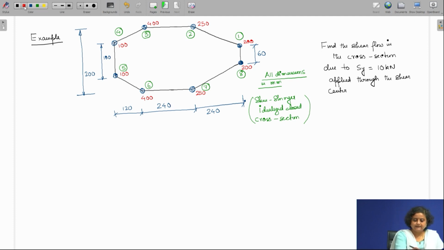So, I can say that somewhere here we are applying an Sy which is 10 kilonewton and it is acting through the shear center of the cross section. Now, let us assume. Since this cross section is symmetric about the x axis,